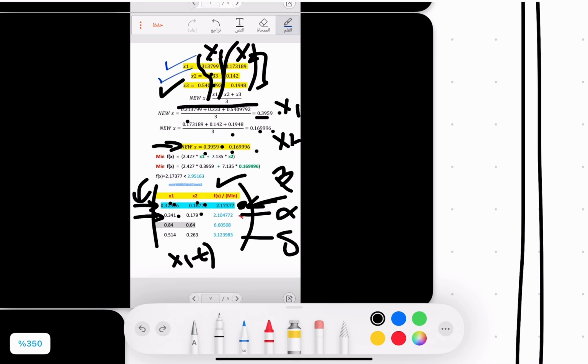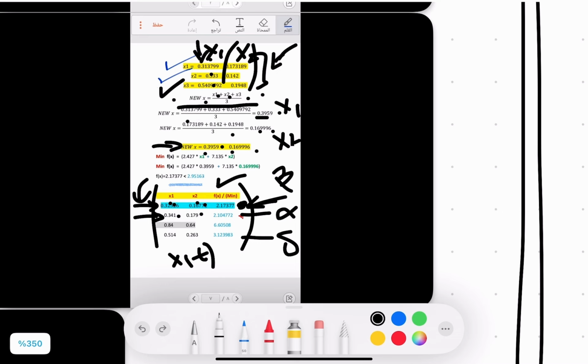I'm not going to overwrite it because it's getting ugly, but these values in the first section are for x1s, second section is for x2s. So for the new x, it is going to be x1 plus x2 plus x3 divided by 3, the mean value of them all. To find it, we need to get the x1s here inside this equation, divided by 3 to get the final answer here,